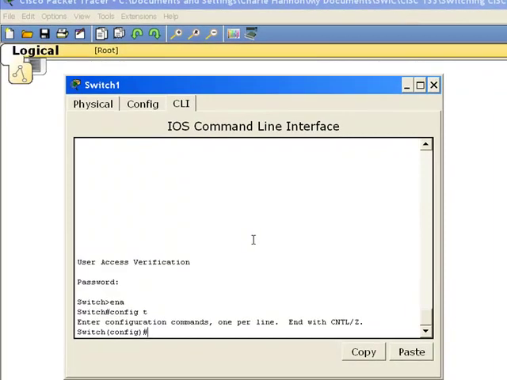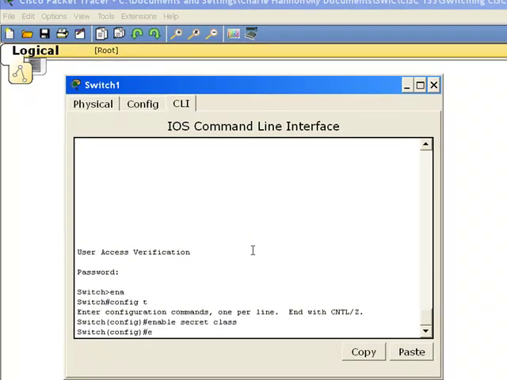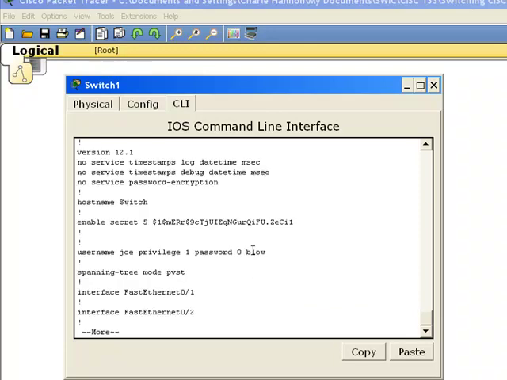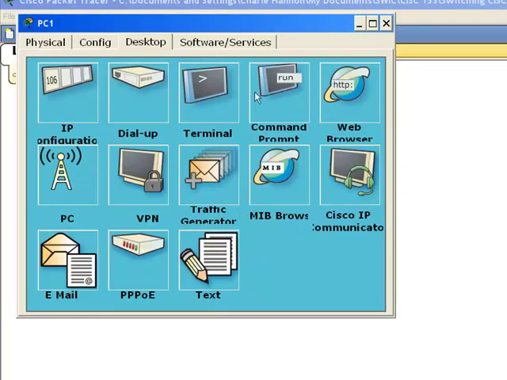We can resolve that by putting in an enable secret password. Now when I do a show run, there's my enable secret, and when I try to telnet,